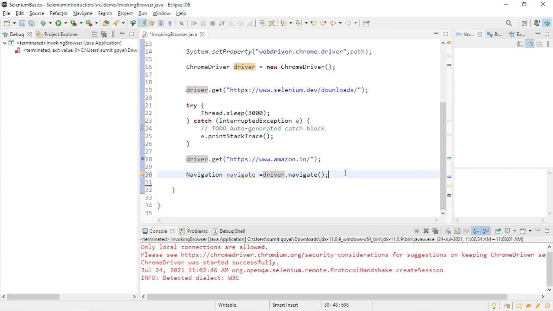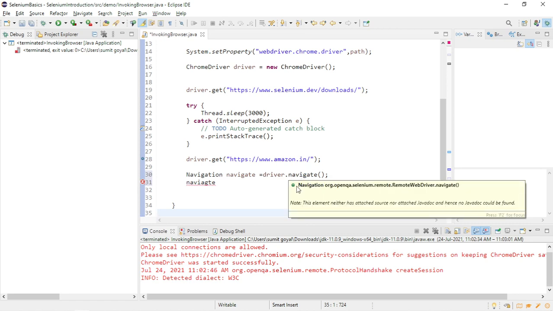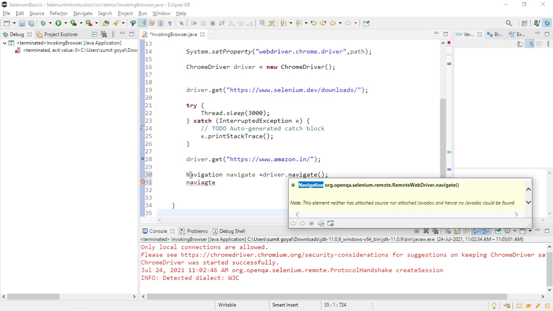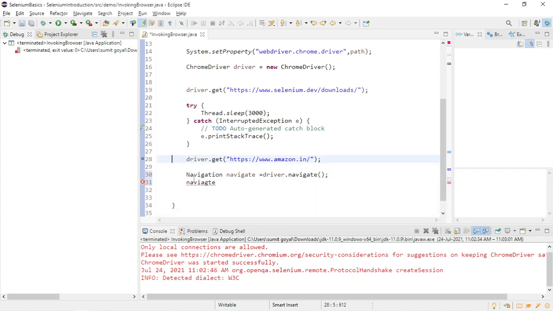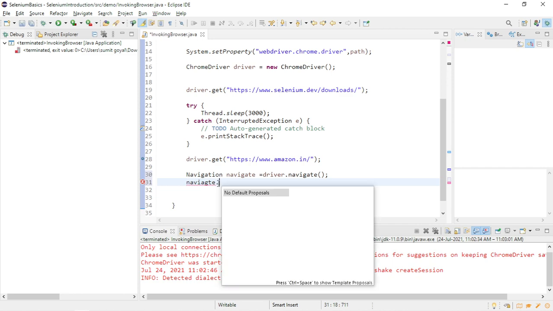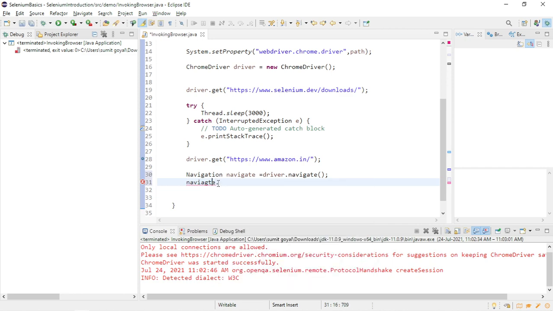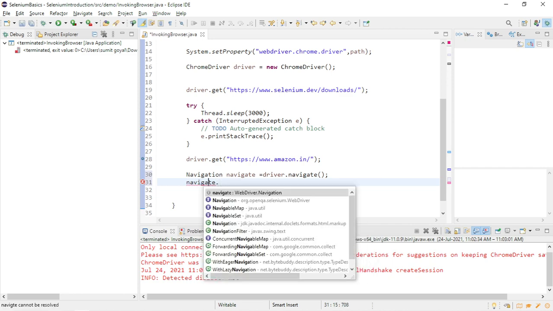Once I am calling this method, I am getting one navigate object. As per the documentation, once you call this navigate method, it will return you one Navigation. This is an interface provided, right? So I am saying navigate dot